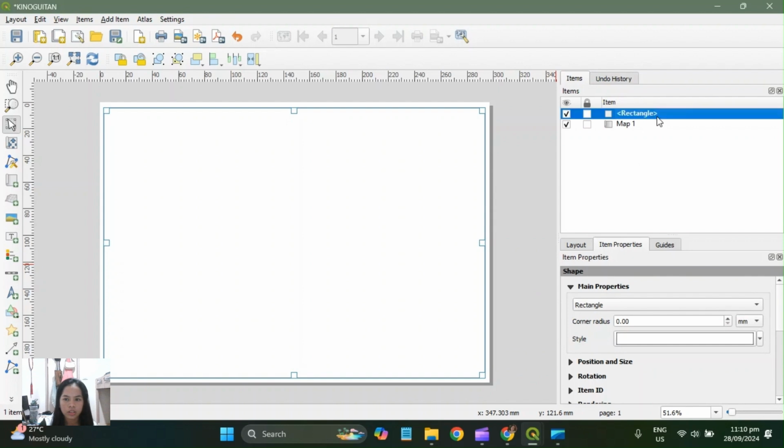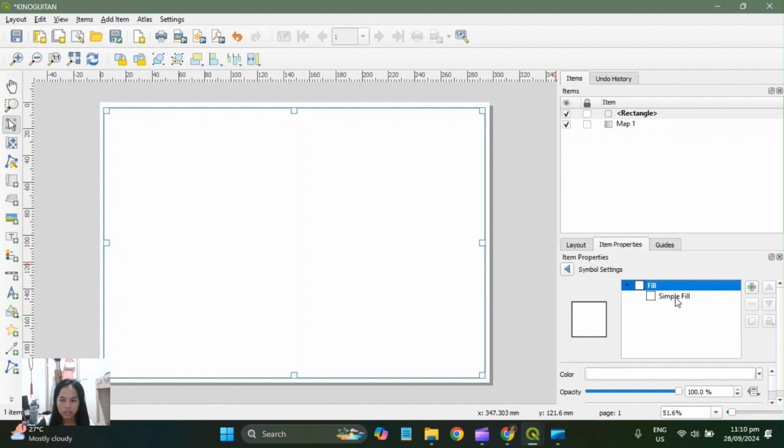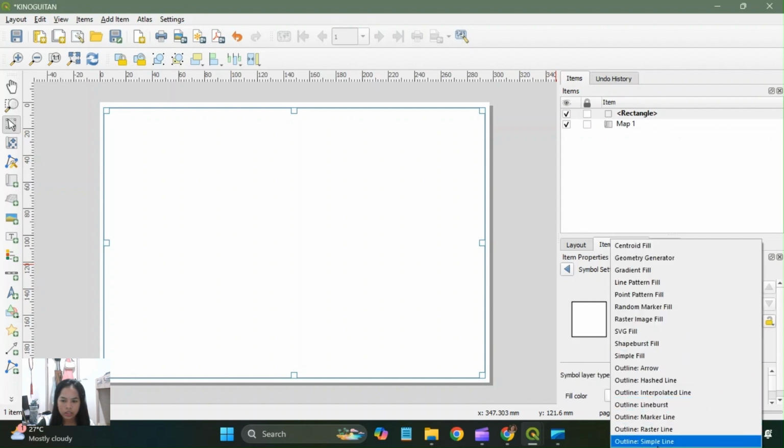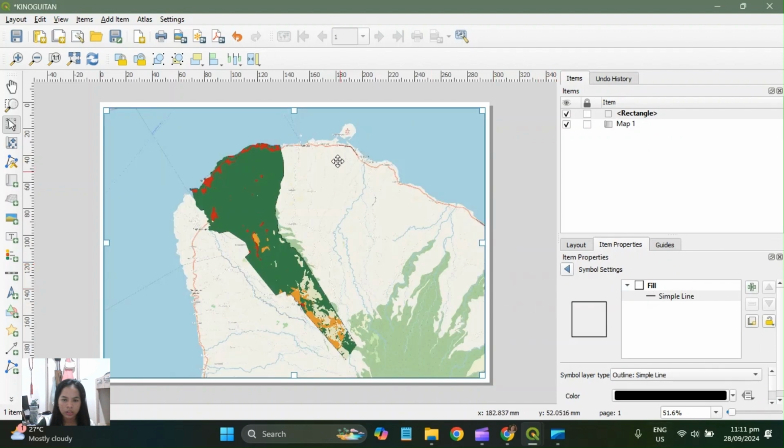And then in the rectangle, in the properties, select this style, and then the simple fill, you select the outline simple line so that your border will show. And then for adjusting the border, select it.